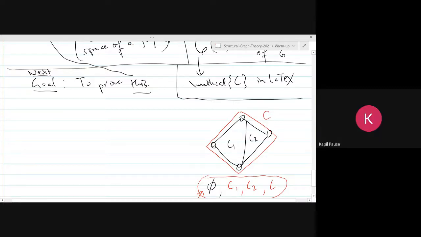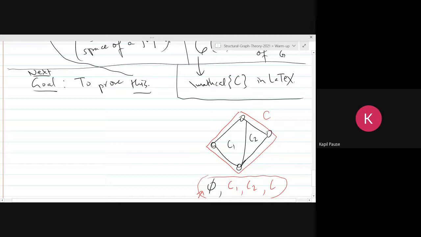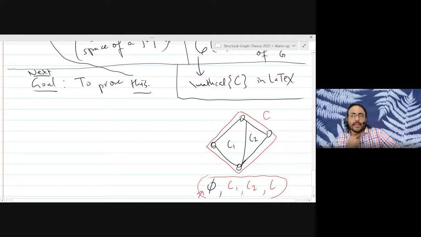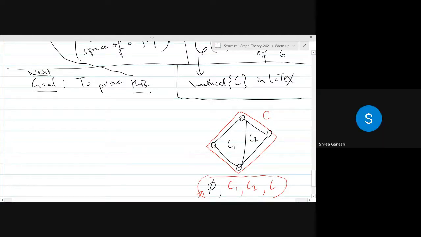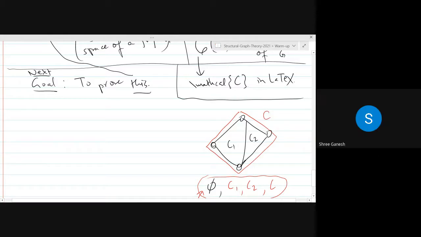Yes, sir, you are right, because the number of induced triangles is n choose 3, while the number of edges is n choose 2. Right, exactly. And if it is a subspace, then the number of basis elements must be less than or equal to the number of edges. Right, exactly. And here n choose 3 is greater than n choose 2. So you don't need all the induced cycles. You need a subset of the induced cycles, and that should be enough to generate the cycle space. Again, it depends. Yeah, go ahead.